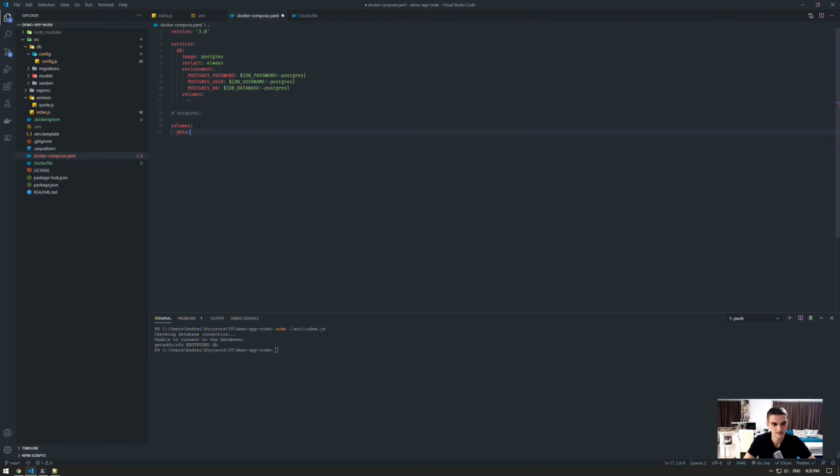Yeah, so right now we define the volume called data. It doesn't need any configuration. Of course, we can configure the driver, I think, and some other stuff. You can find that in the documentation if you need to, but in most cases you will not need anything. So we define the volume here, and then going back to the volumes in the database, we tell it to, hey, use this volume and map it to, or in other words, store the database data in that volume,